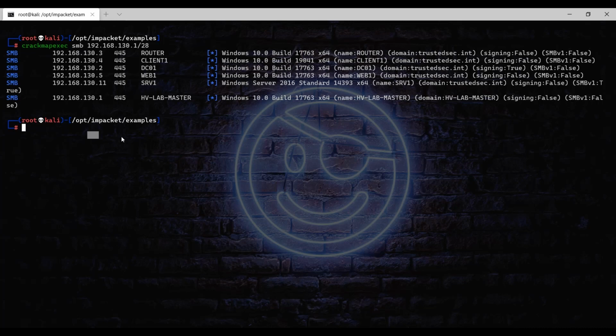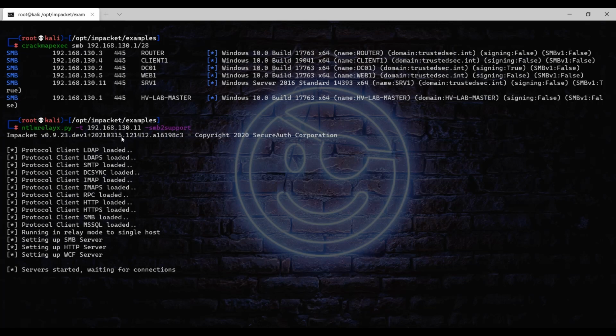And for that, we're going to use Impacket's ntlmrelayx, and we're going to specify the target, and in this case it's 11, and I'm also going to turn on SMB2 support, and I'm running this, and it starts up the different protocols. And as you can see, you can also relay other stuff, not only SMB, but also LDAP, SMTP, and others. Okay, server is started, and in the background now, the Web1 is making a connection towards our